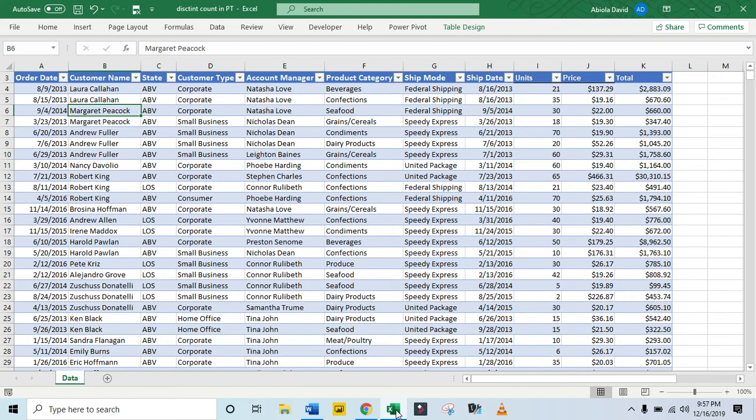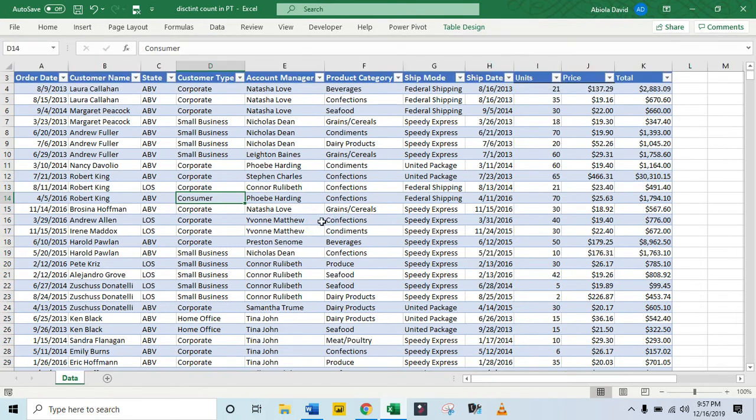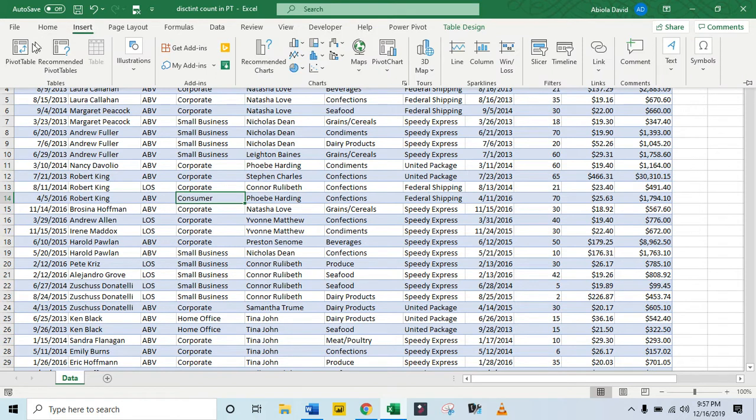In this tutorial, we want to learn how to perform distinct count in PivotTable. Let's get started. Now we have this data. We have already formatted it as an Excel table and we have named it. All right, so what I'm going to do is come to the Insert tab and click on